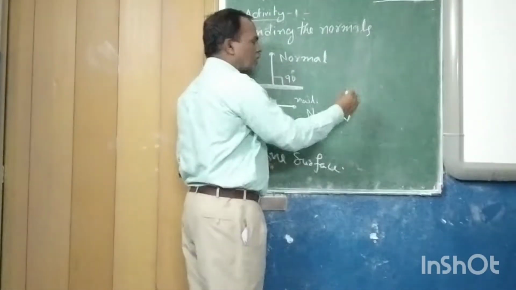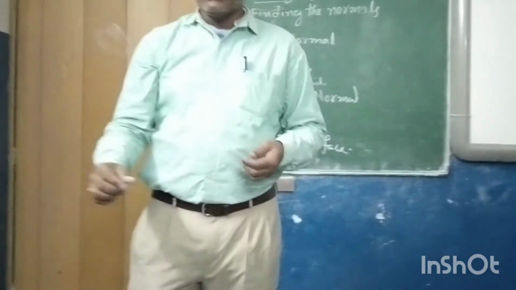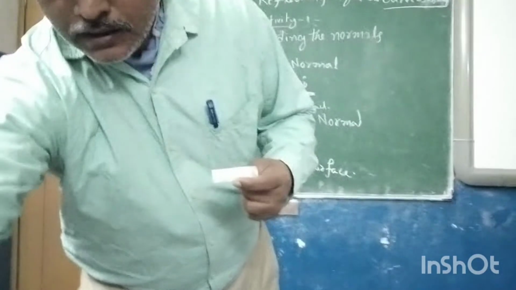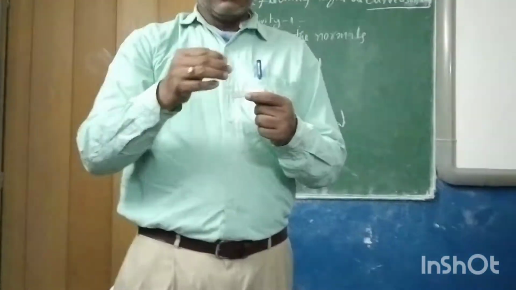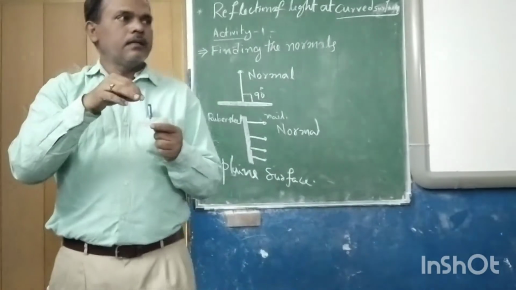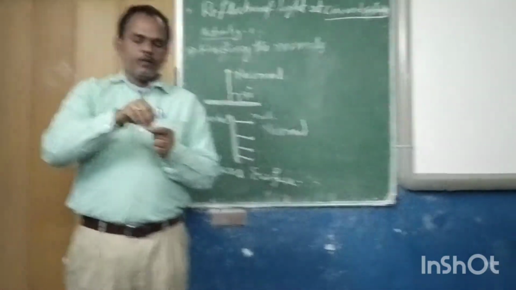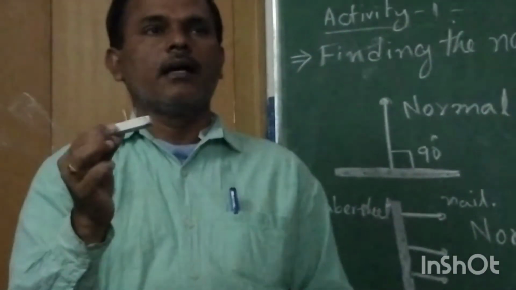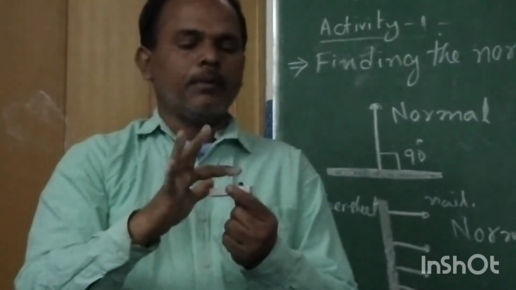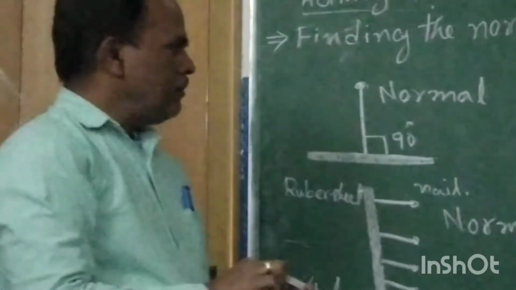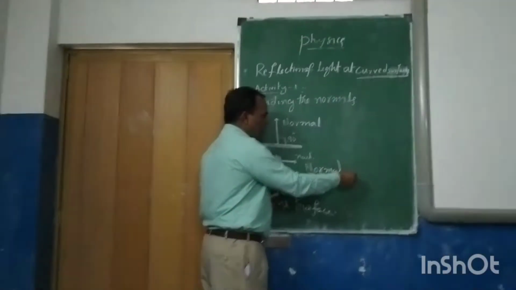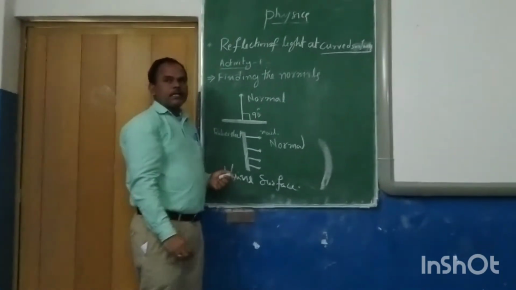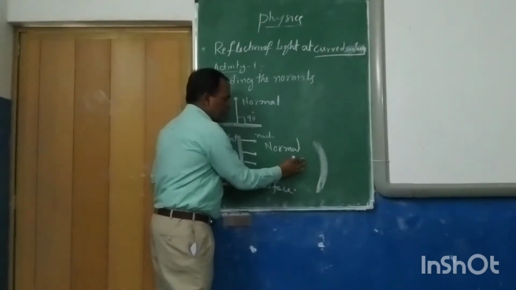Similarly, in a spherical mirror type, for example, if you take this rubber sheet, four nails are inserted perpendicular to the rubber sheet. It is exactly on the normal axis. This is what we call the normal axis, exactly perpendicular to the surface. Now this rubber sheet, if you bend it towards the center, as we discussed yesterday, in the previous part,